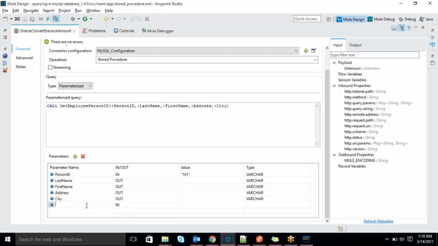In this, you have to enter the parameter name, whatever the parameter name it is. That should be equal to the top of that. Whatever you mention here, the same thing we have to mention below. So person ID, we have to enter the person ID parameter name. So next one is here.